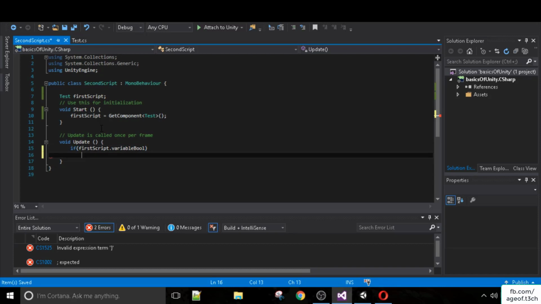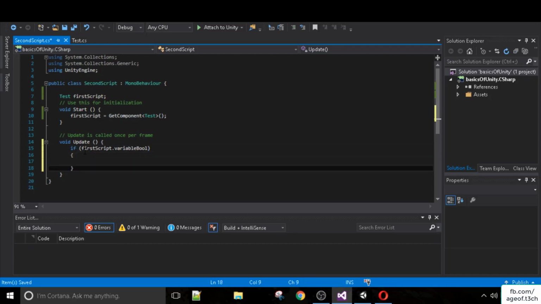This by default is going to check if variable bool is true. We don't have to say two equal signs and true. And also if we put an exclamation point in front, this checks if it's false. So we're going to say if variable bool in the first script is true, I'm going to